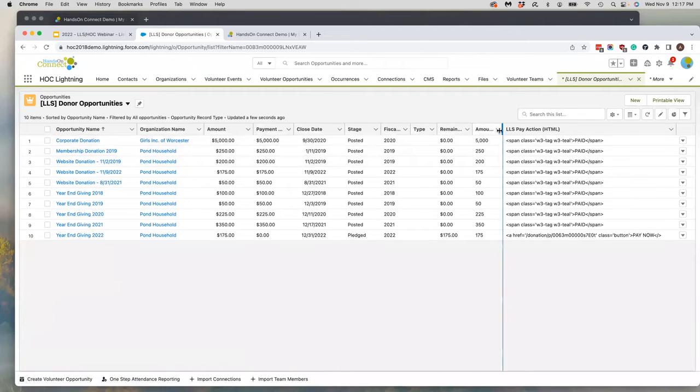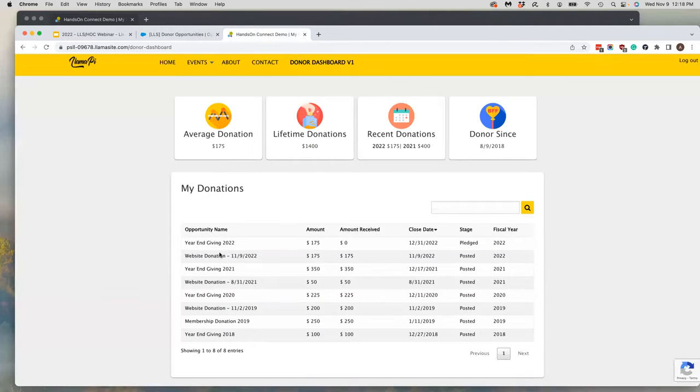And then I have a couple of other ones here, which I'm not using in that listing block. And then I have this last one, which we're going to get to at the very end, but for the moment, just ignore it. Okay. So now that I have my list view of the data that I want to push to my listing block on the portal, I can go ahead and create this